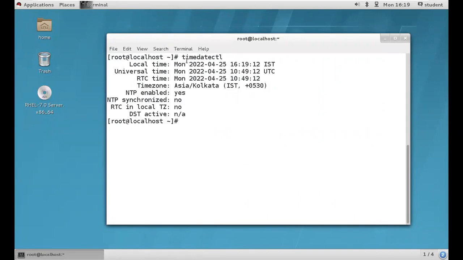So local time, today's time, right, guys? Monday 2022, 4:25. Time 5:19. IST means Indian Standard Time. So UTC full form is Universal Timing Conversion. Throughout the world we have one unique time, so this is a universal time. And RTC full form,